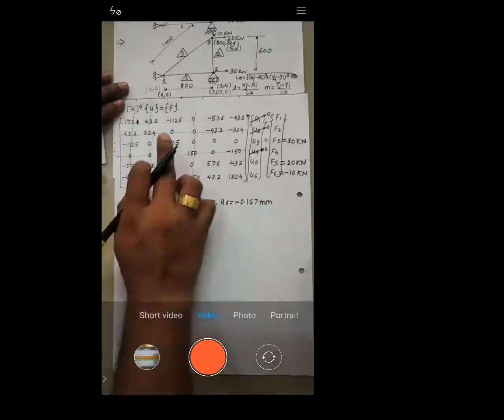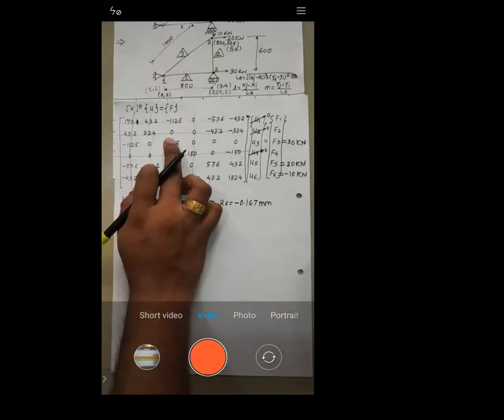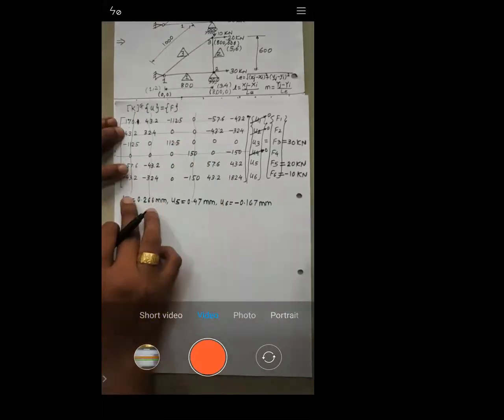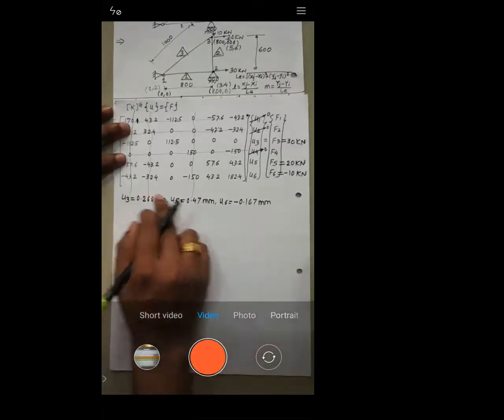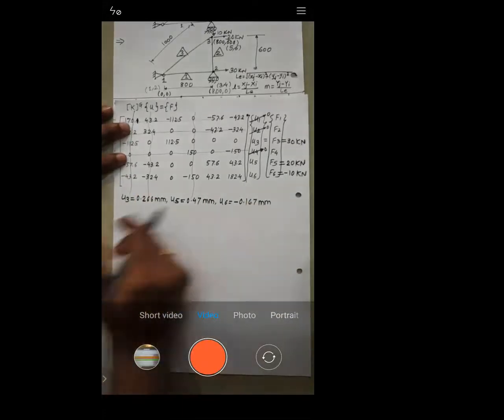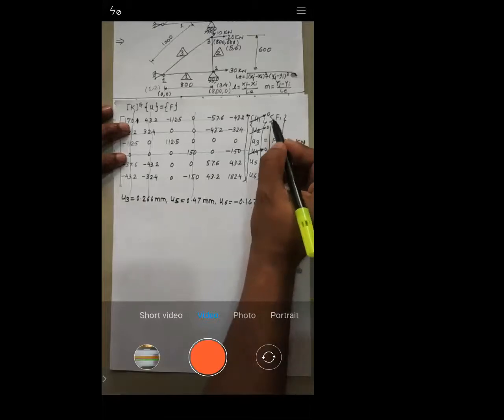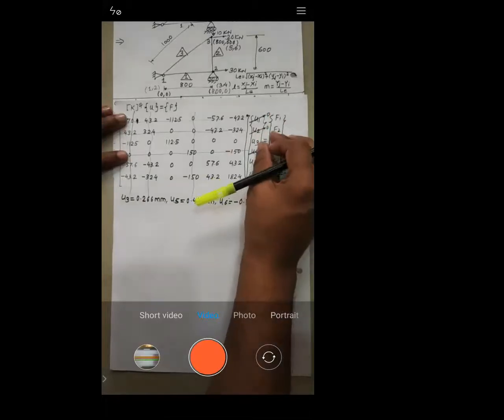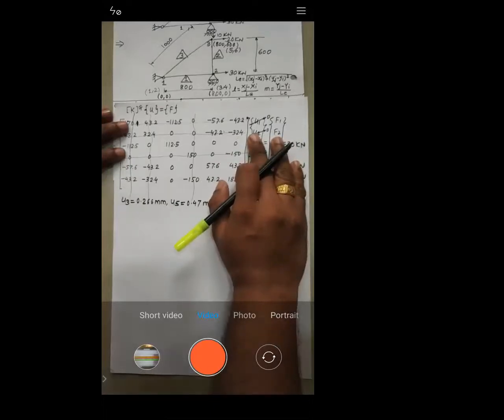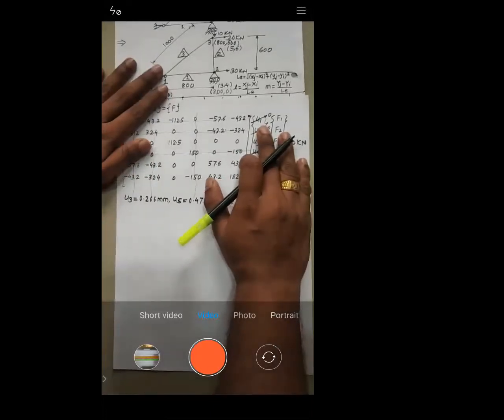Right? So our next step will be, okay, see, we have calculated now displacements. Now we need to calculate reactions to check whether our displacements are correct or not, right? So see, where you will get reactions, where you have a displacement 0. What is the meaning of displacement 0? It is fixed. Obviously, the point where structure is fixed, at that point you will get a reaction, right?